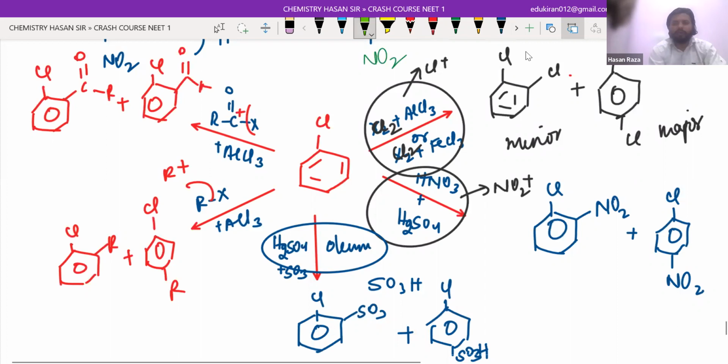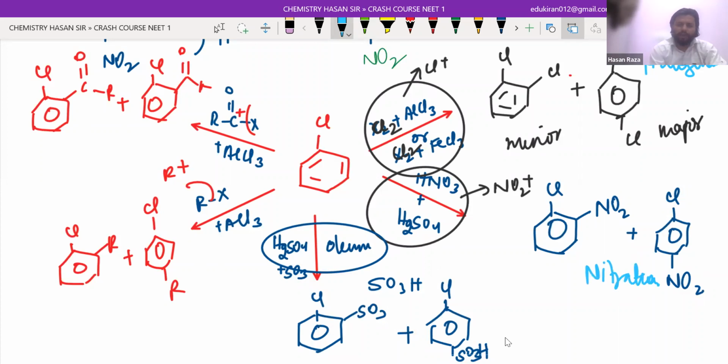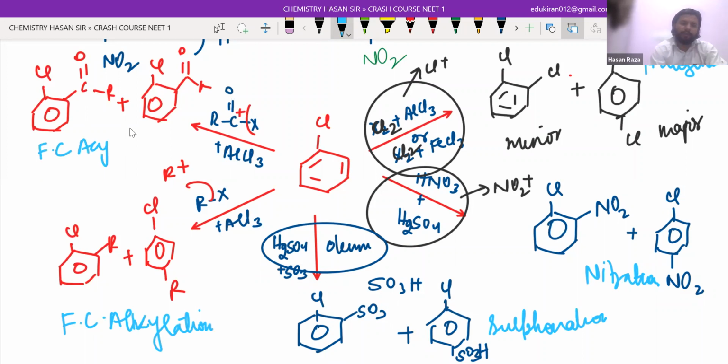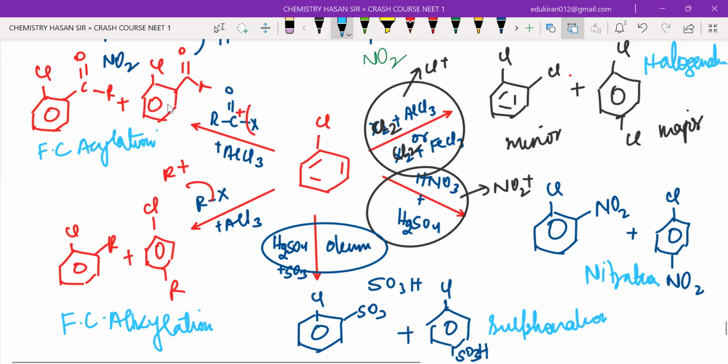So you just need to remember the names as well. The first one, chlorine, is your halogenation that we already did. This is your nitration. This is your sulfonation. This is your Friedel-Crafts alkylation. And the last one is Friedel-Crafts acylation, if you remember. Yes or no? So the only reaction I have left is the reaction with metal, that we will discuss in the next